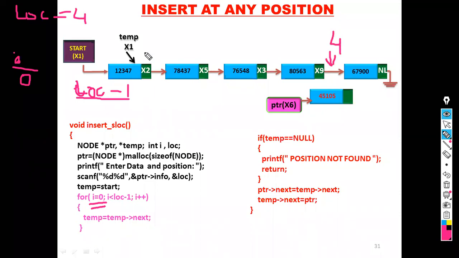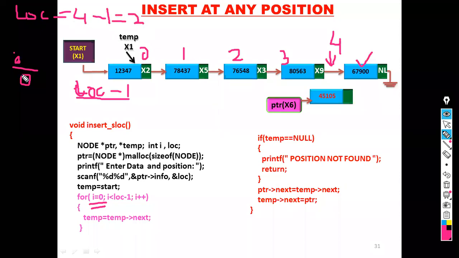Okay, 4th position. This is the 0th position, first position, second position, third position. If I write position equal to 4, this node is now placed in the 4th position, and the last node will become the node present in the 5th position. So now location equal to 4. So 0 is less than location minus 1, that is 3.